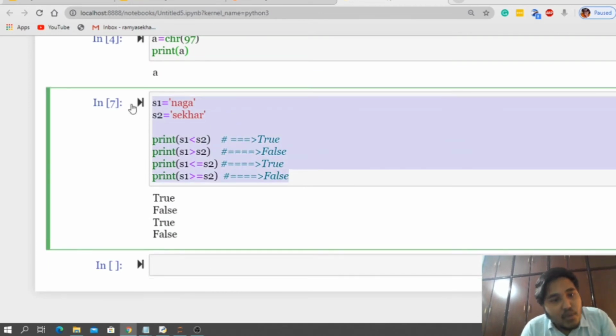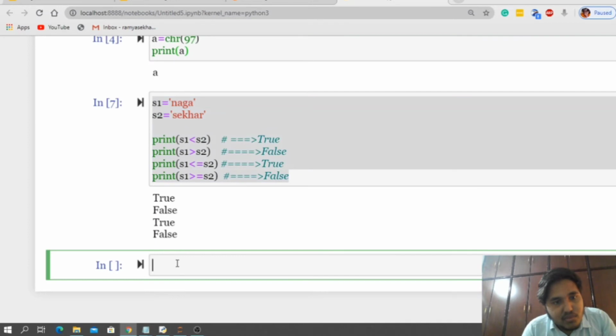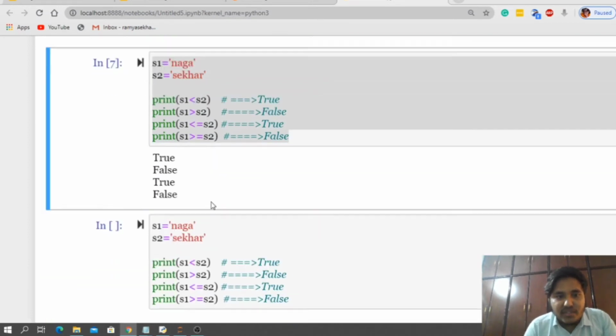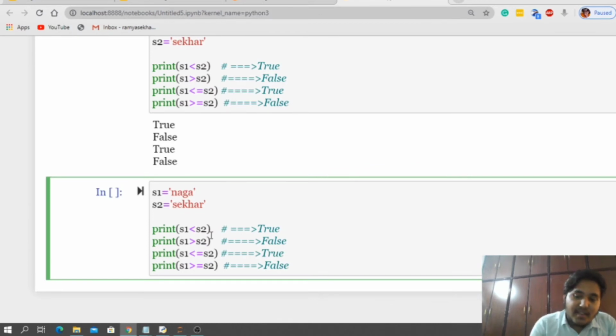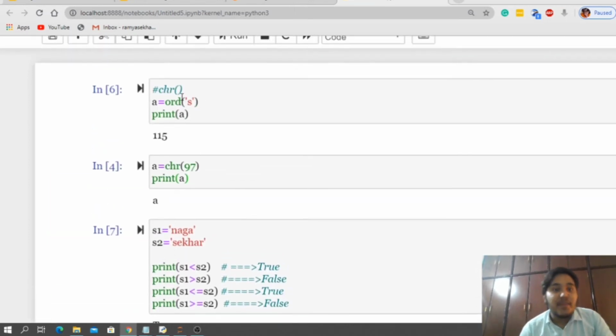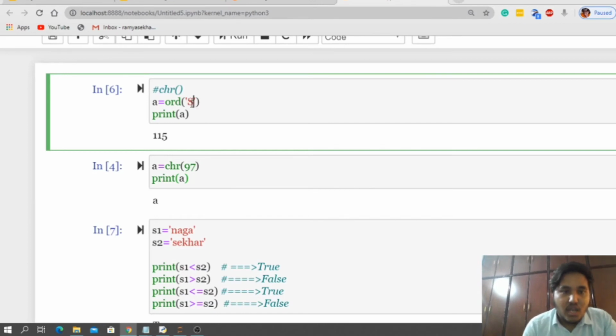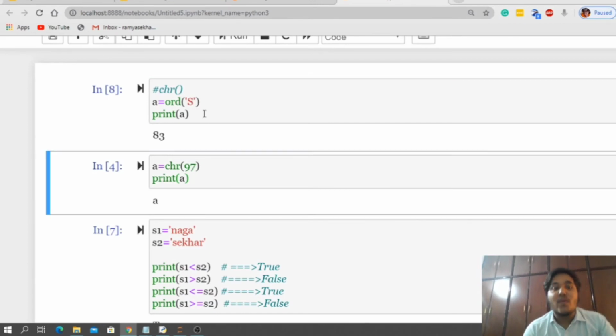Now what I am going to do is take capital S, Naga Shekhar. Do you know what the ASCII value of capital S is? Let us check that. Capital S ASCII value is 83.